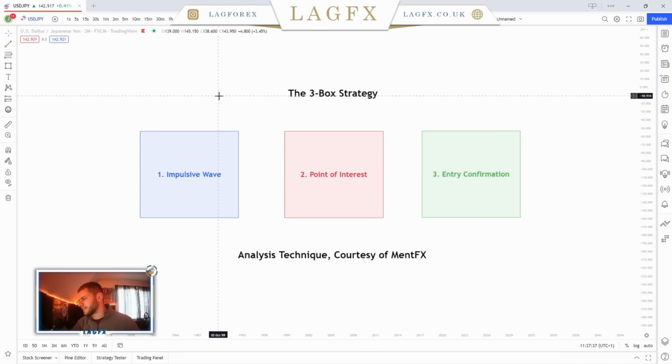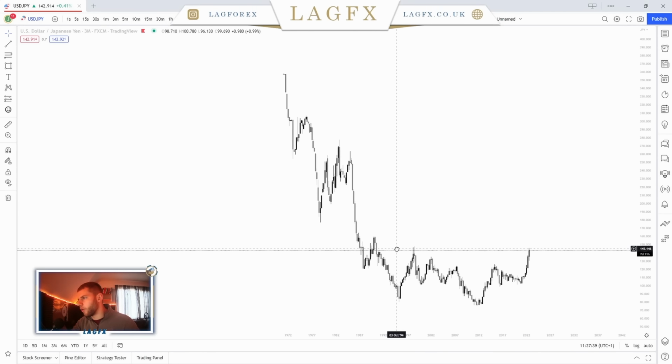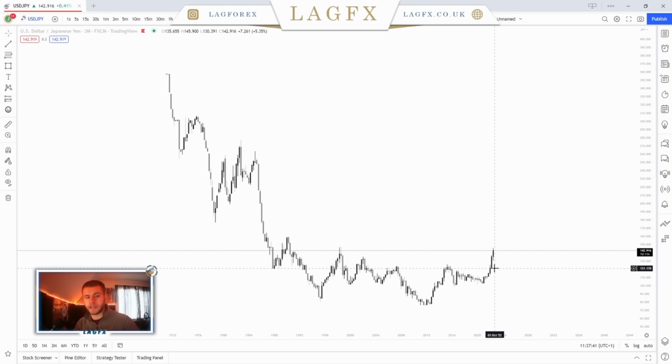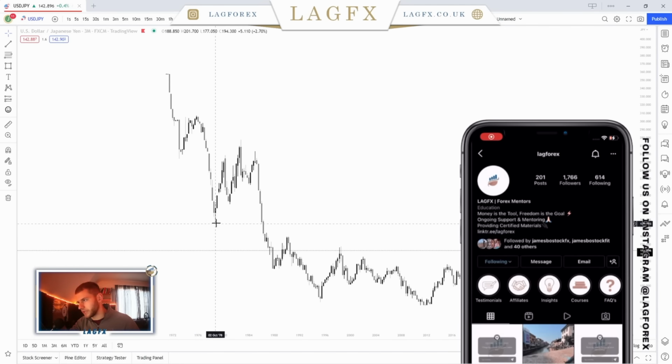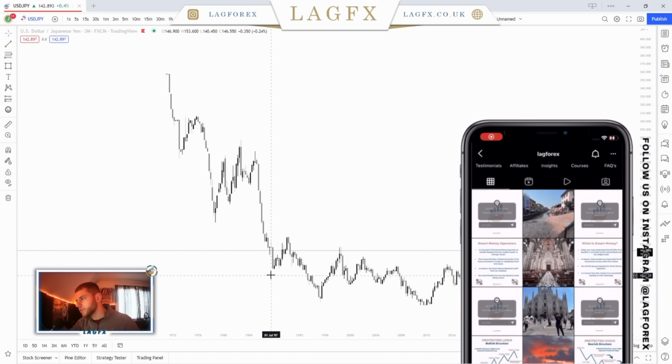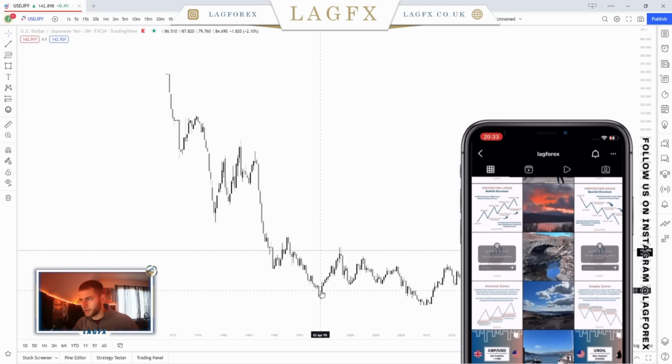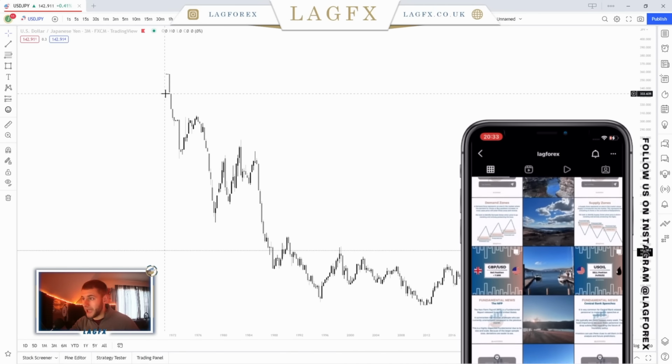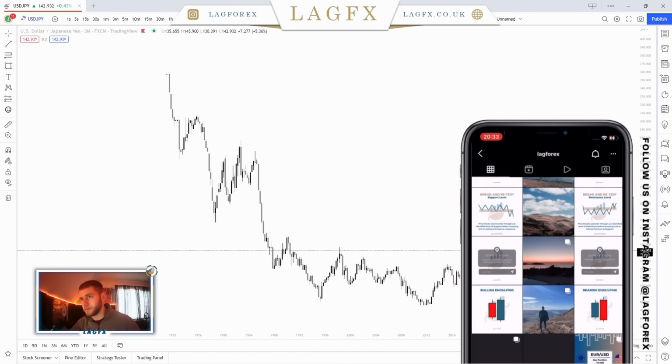So as I stated, we're probably going to be doing this on a top-down, or integrating a top-down analysis first. So I'm going to quickly run through a top-down, so we're understanding structural points. So we have a swing high, swing low, swing high, swing low, swing high, swing low, swing high, swing low. Now, each one of these, because we know it's bearish, because the lows are being broken, highs are being protected,